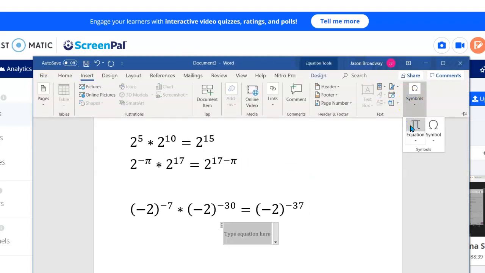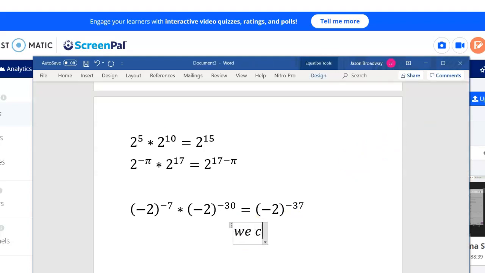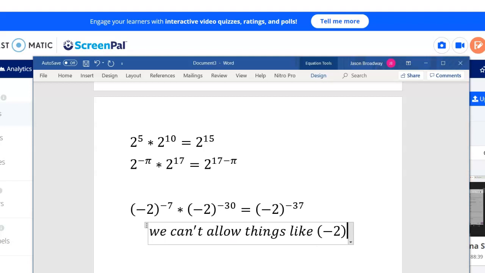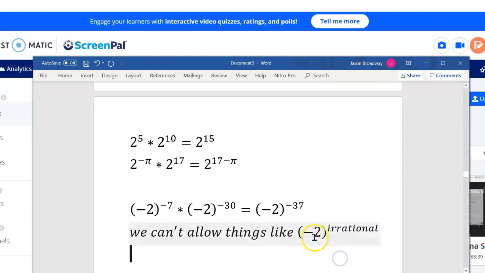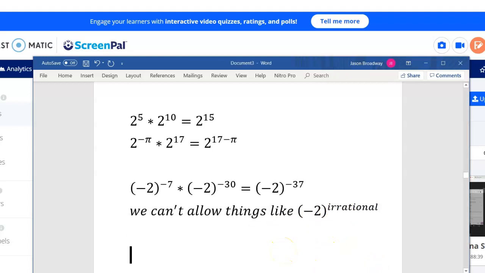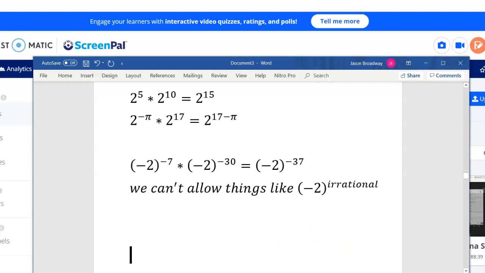What's not fine is we can't allow things like negative 2 to the power of pi, or negative pi to any irrational power, right? We can't allow negative 2 to be raised to an irrational. Because negative bases, we have to tie them down a little more. Negative bases must be tied down. Actually,